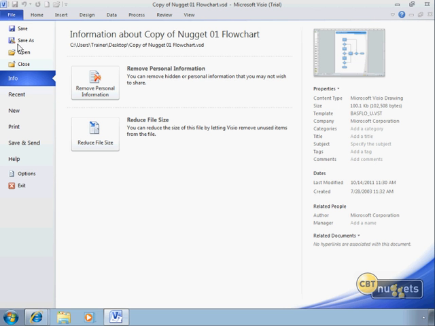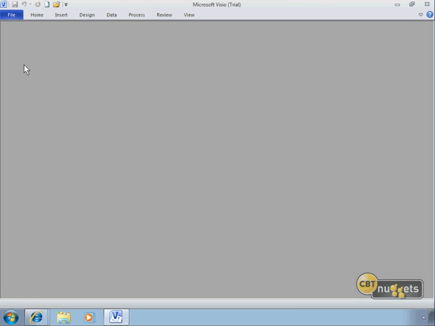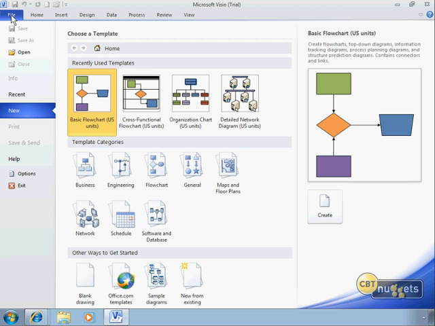Now let me come backstage and select Close to close our finished drawing, which we don't need. We're going to create a flowchart from scratch in just a moment. And let's again stay backstage. In the Navigating Visio nugget we did, we talked all about the template chooser interface here. What I left for this nugget, though, is under Other Ways to Get Started, you have Office.com templates and sample